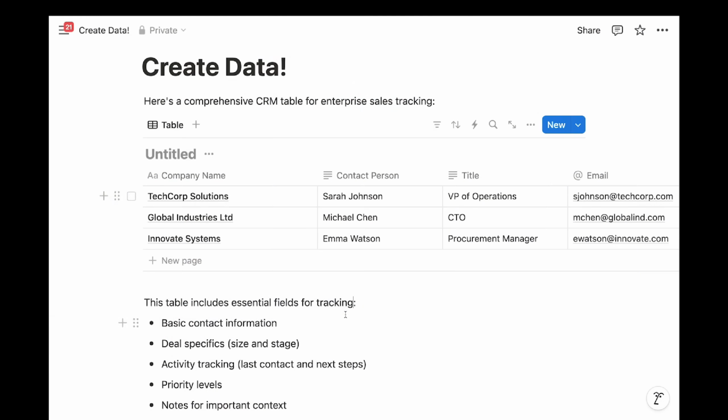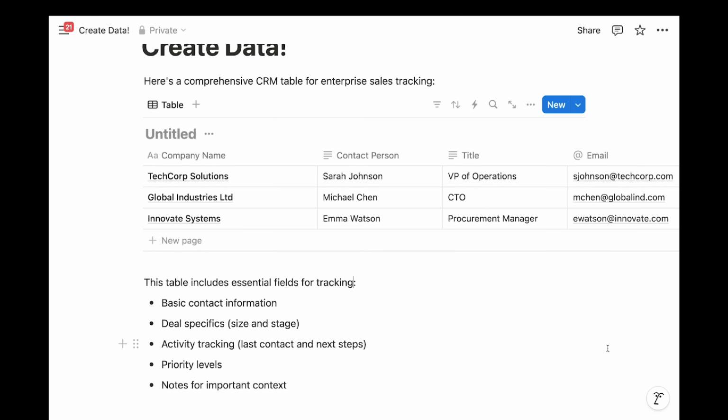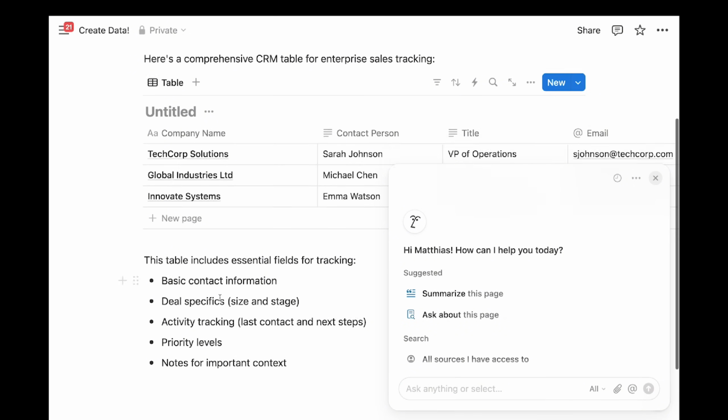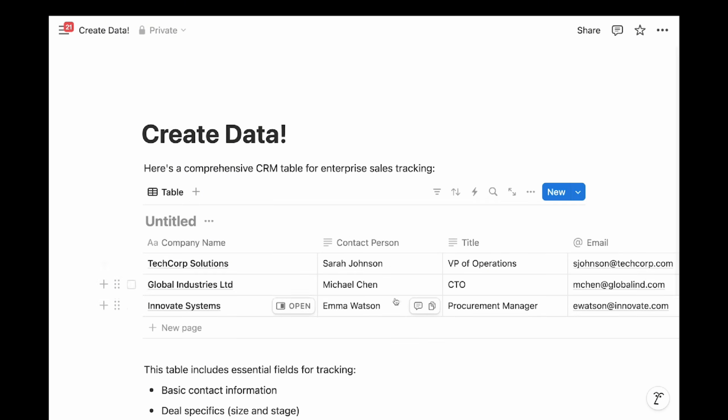115 is about extracting text from images. This is particularly useful if you don't want to build a full automation, right? Like the one with Relay that I showed you before. You can just use Notion AI. So you can launch it here, right? Now you can attach any type of file and simply ask it, please extract whatever information I need. It will do that. You can copy it and add it to your page. So a little bit more manual than the fully automated way, but still great to get information quickly out of